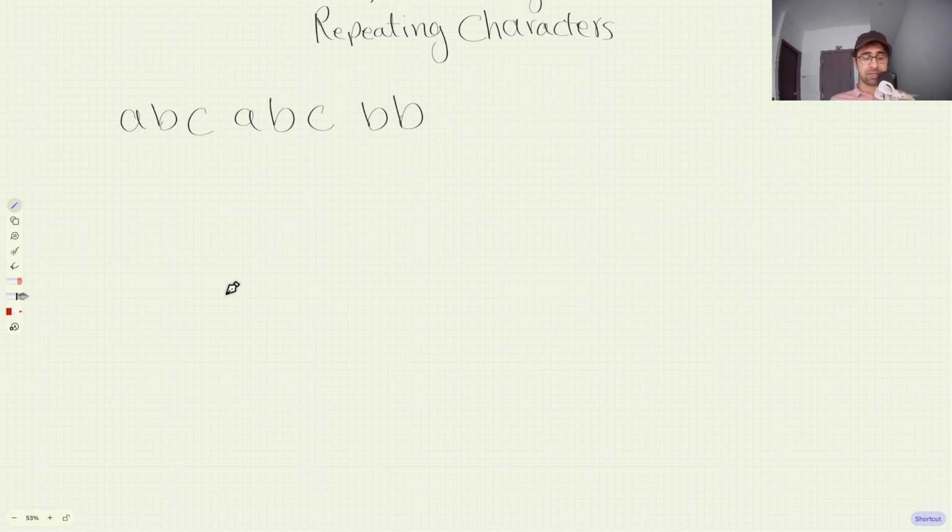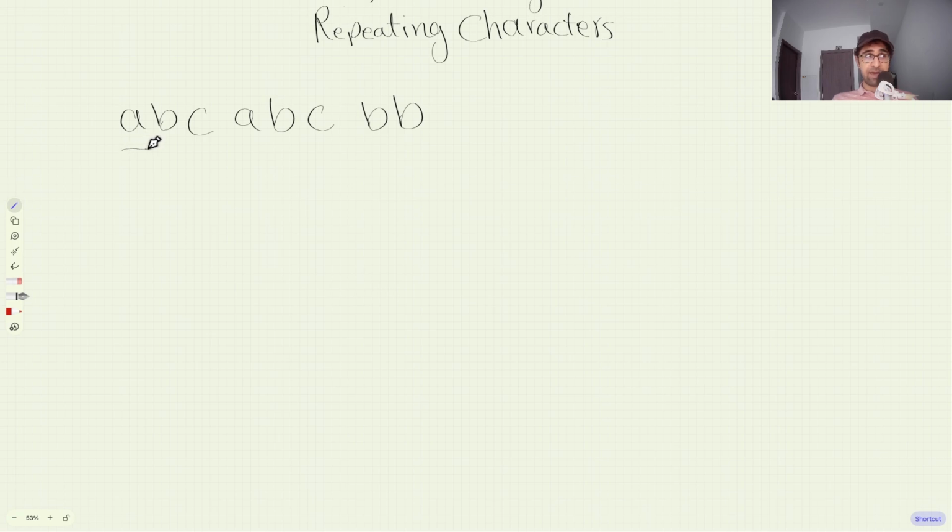A more efficient approach would be to use a sliding window. So we're going to create a window and move all the way from the first character to the last one, and over this iteration we're trying to find the length of the largest substring without a repetitive character. So let's start with the first one. If you start from the first character,